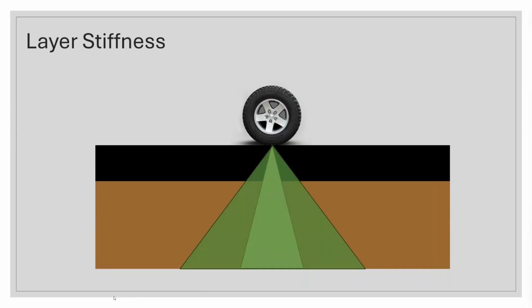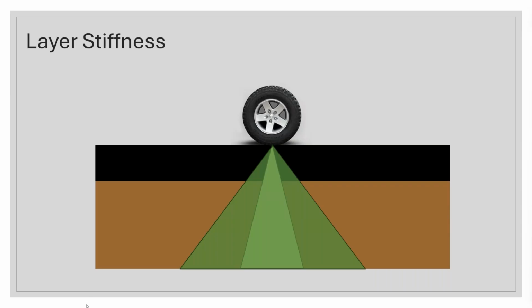So if we can spread out that triangle and make it spread out over a larger distance, then the same load that's on top of the pavement is actually being supported by a greater area of the subgrade. So one point in the subgrade doesn't have to hold as much of that load. So the more stiffness we have in the layers, the more we're spreading out that triangle. So that's kind of our overall goal.